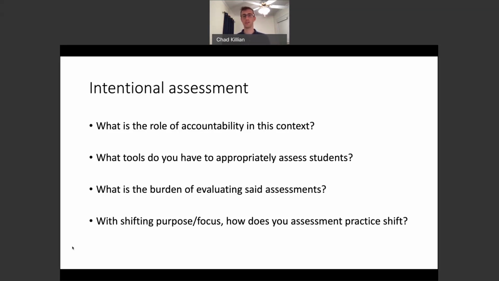There's heart rate monitors. Some people might argue that it's reasonable to expect students to engage. Again, you have to decide what's at your disposal. Do you have a learning management system that allows you to assess writing or allows students to submit things online? All that's dependent on what's available and what your idea of accountability is. And then what is the burden for you of evaluating?